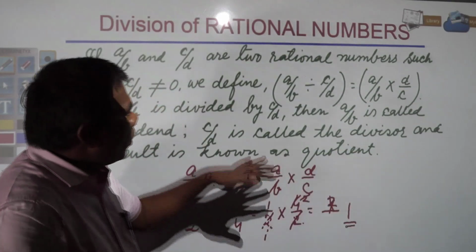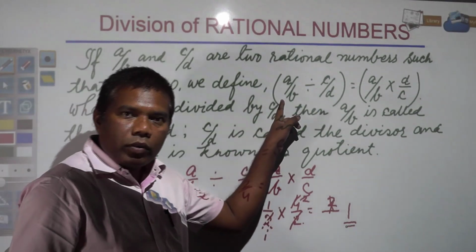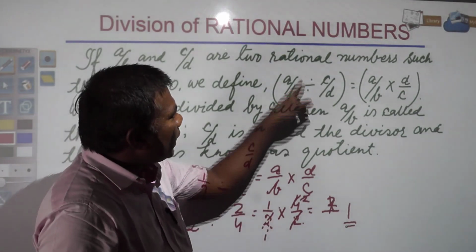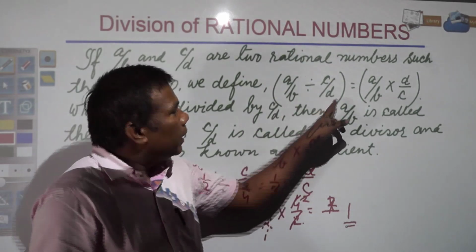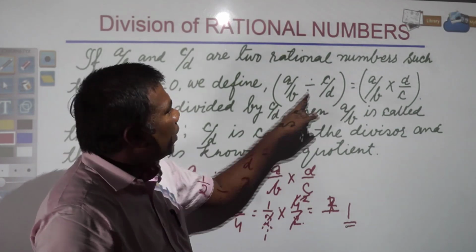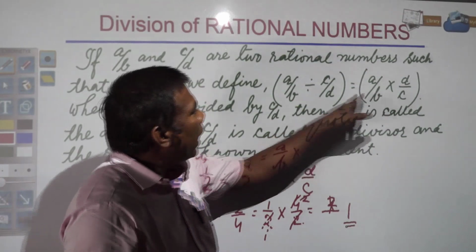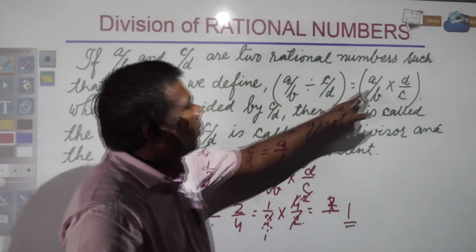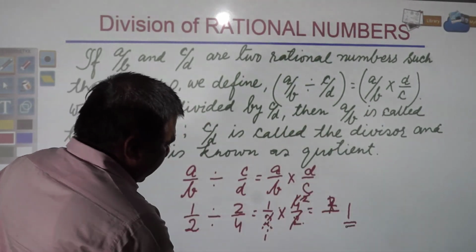So what you need to understand is what? If you are dividing any rational number by a non-zero rational number, how will you simplify? This division will become multiplication, and the inverse of this rational number is required to be written. Okay. Next we will see